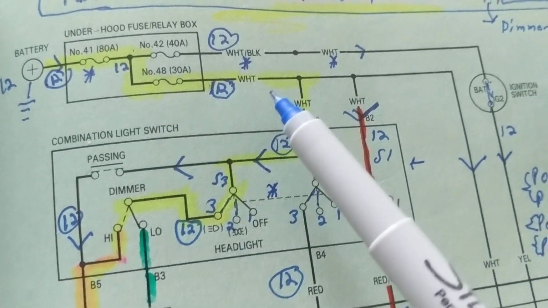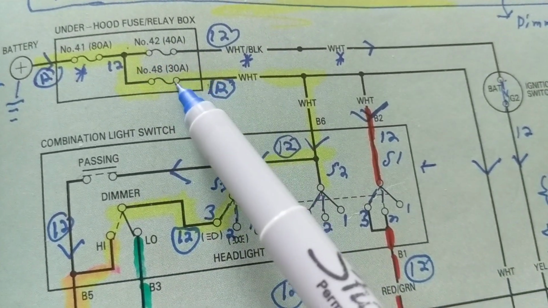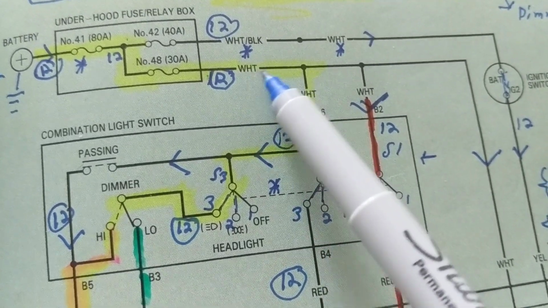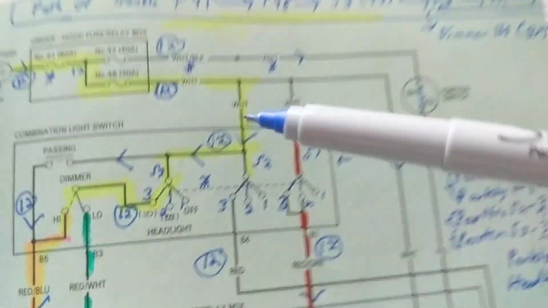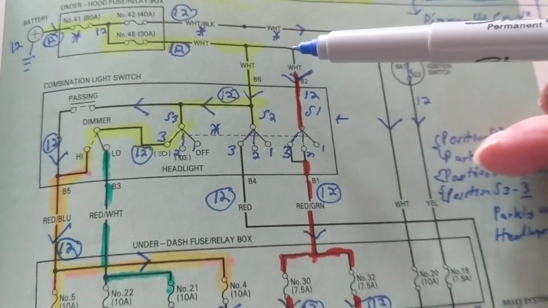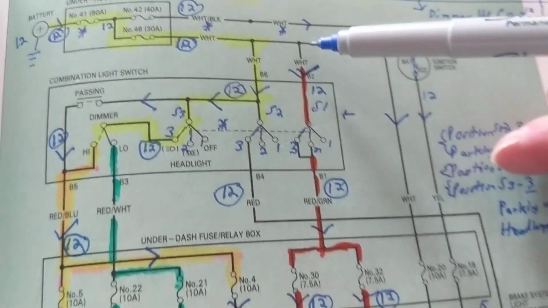Now, again, a white wire here. The other side of fuse number 48, the 30 amp, is a white wire. Go over here. Now there's a connection here. There's a connection here. Which one do we follow? Well, we can follow all of them because we're trying to understand how to figure out schematics, how to read